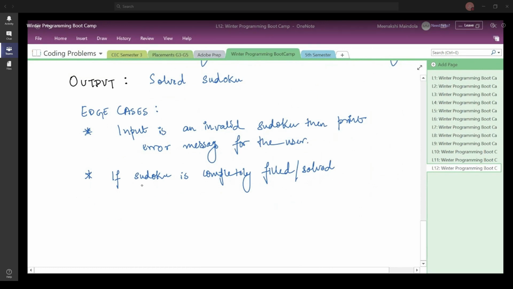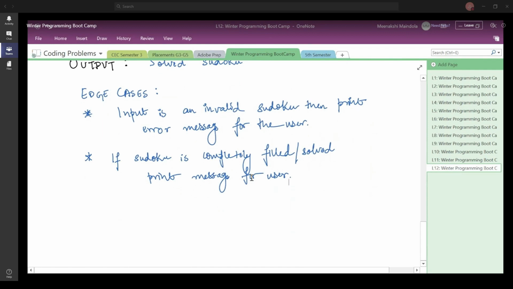So this is something that you are going to again consider as an edge case, and if you simply wish to print a message, then do that. Otherwise, if you want to terminate the program, do that, and so on. Then print a message for the user again. So this is about some certain edge cases that you can consider.